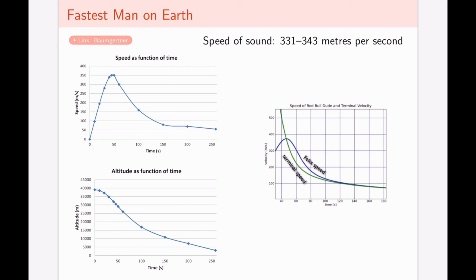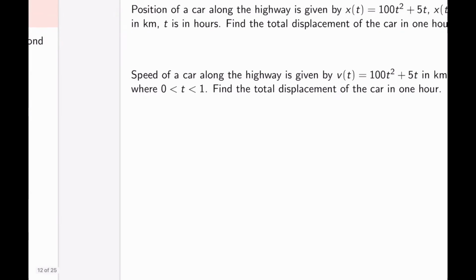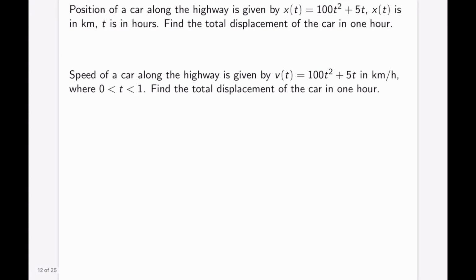The terminal velocity would not be possible to achieve there. Now, again, this is how you would utilize the graphs to talk about things like the speed, the altitude, and the terminal velocity as compared to both of them. But let's come back and discuss how one would differentiate between the displacement and the actual distance traveled in relation